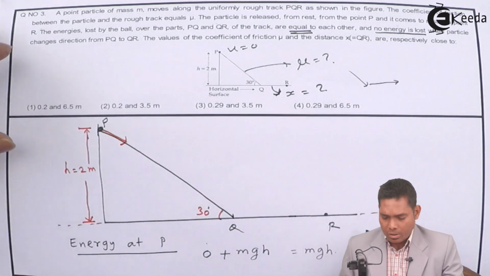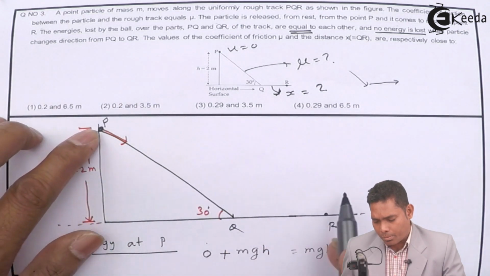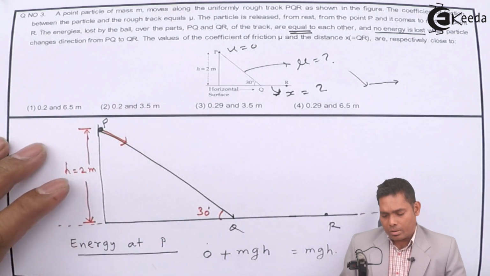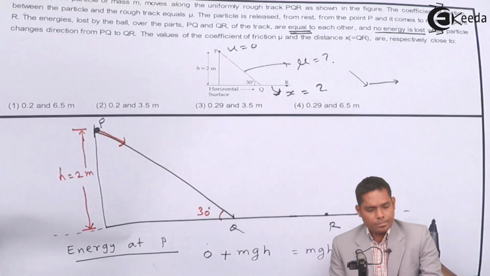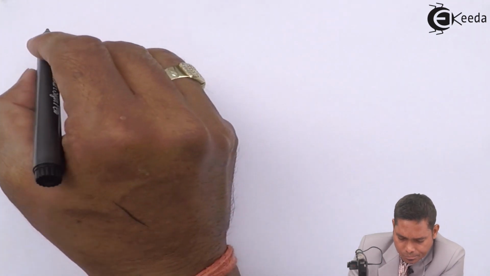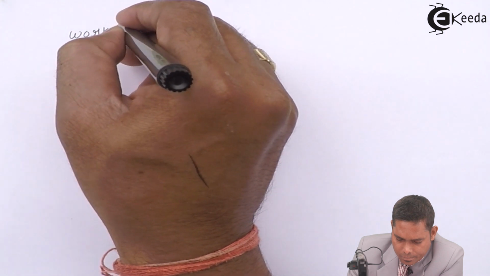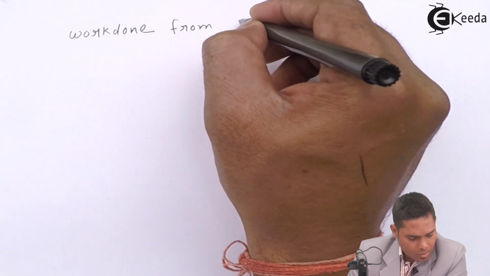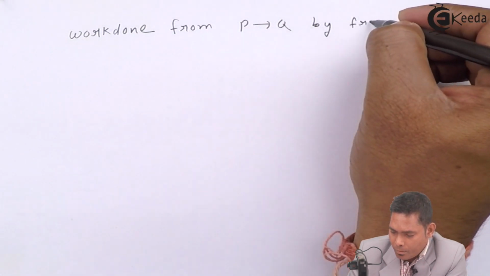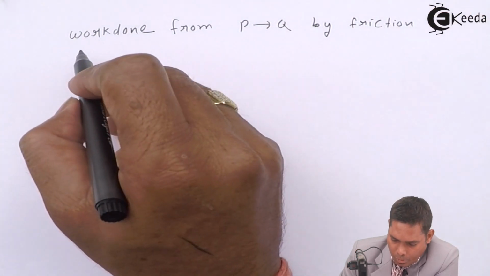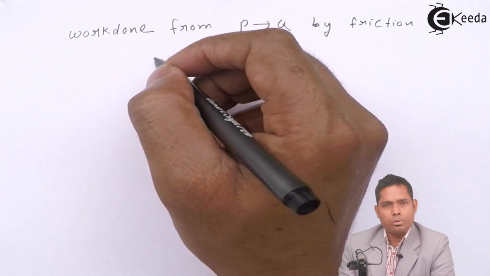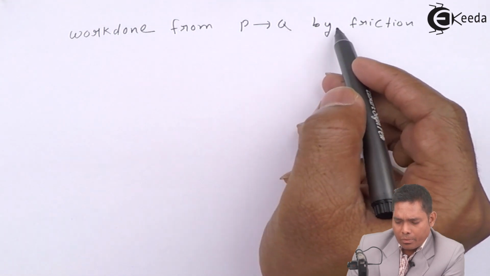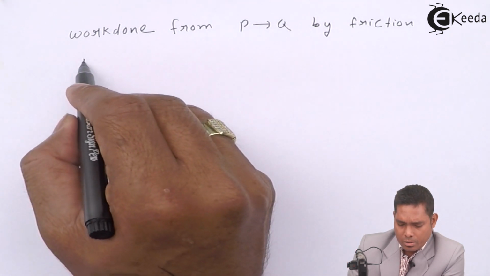Half of this energy is lost while the particle moves from here to here. When the particle moves from P to Q, what is the work done? Work done from P to Q by friction. But before that, let us first solve this, then we will discuss one more thing. The work done by friction is